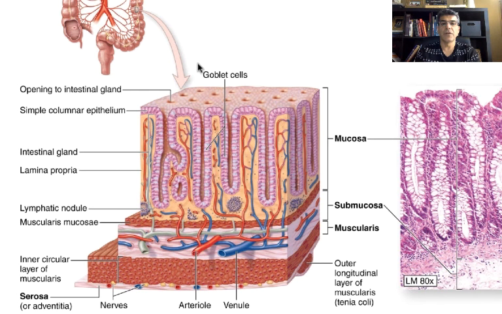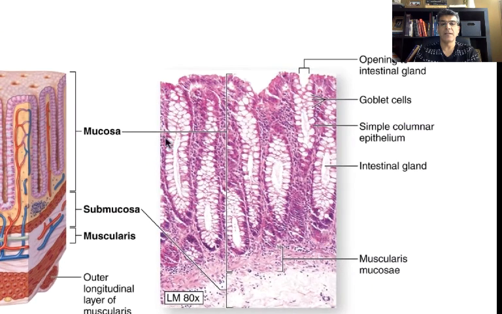The function of the large intestine is absorbing water and minerals from this content. As you can see, there's a bunch of openings in the wall of the large intestine that open to your intestinal glands. Intestinal glands are mainly goblet cells, and as you remember, goblet cells look like white areas because they don't stain well. As you can see here, in the large intestine, you have a numerous number of goblet cells